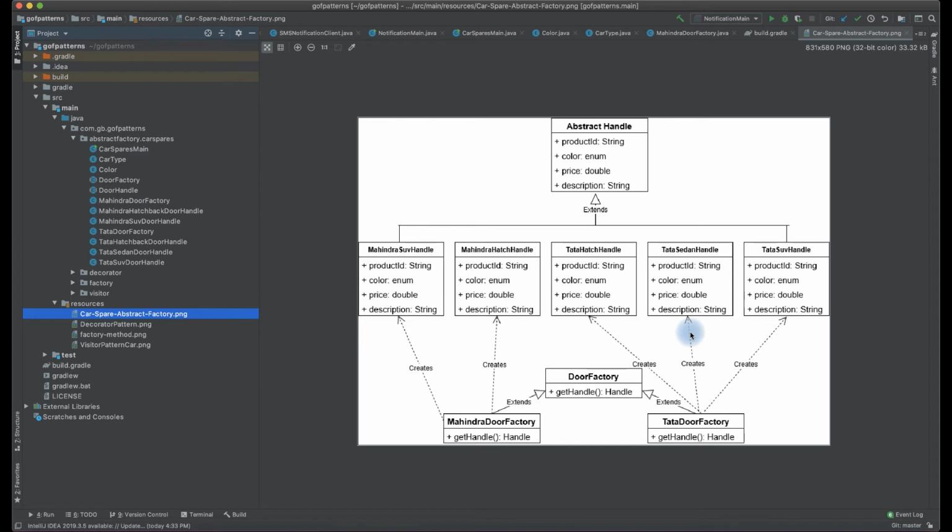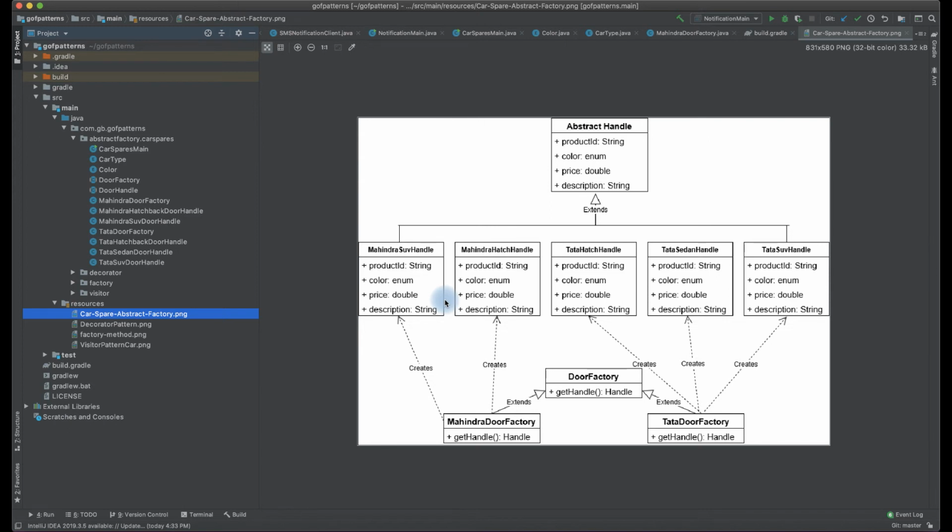So while instantiating, we will go and create, okay, give me the handle for Mahindra SUV. My car's manufacturer is Mahindra, and the type is SUV, and probably they will have different models, and they say go and get the handle. We will be able to get the handle. So this factory produces handles. So all the concrete implementations of the abstract factory are going to return something called a handle only, and we are going to operate on this handle.